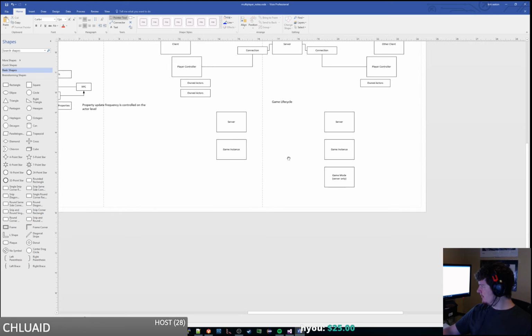For example, if a game has special rules like rockets only, the client may not need to know this rule. The game exists, alright, so game mode is also